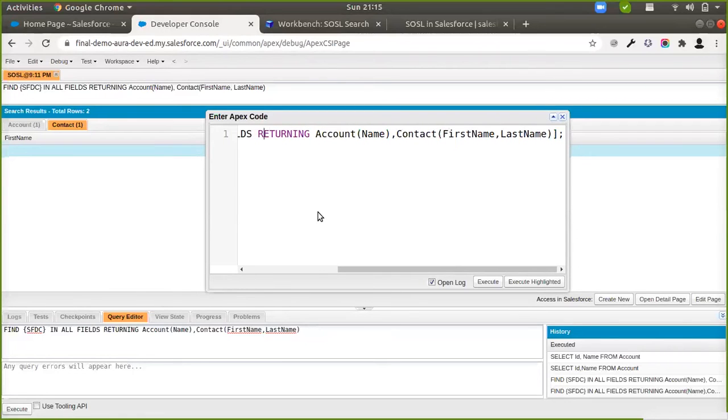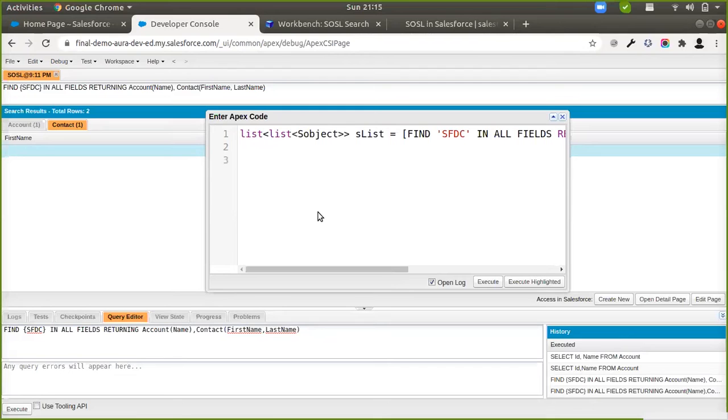And since this can return me results across multiple objects, the return type of all SOSL queries is a list of lists of sObjects like this. So I'm gonna just name it as object list like this, and then I can debug this list.